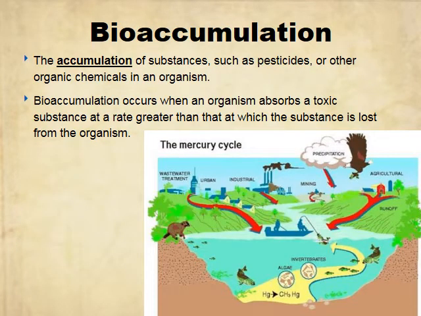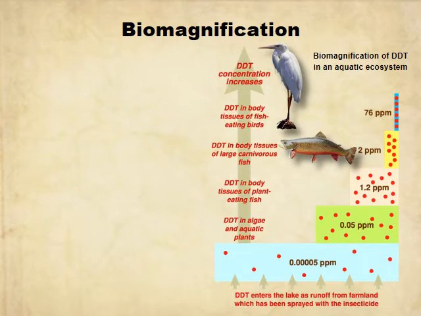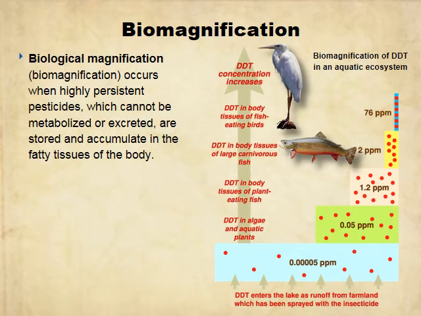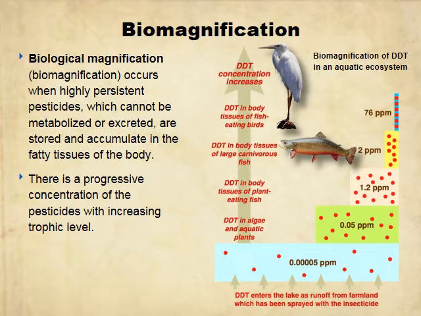And last but not least, we come to bioaccumulation, which is a bit different than biomagnification. Accumulation is basically the accumulation of substances like pesticides or other chemicals in an organism. We accumulate toxins by breathing, eating, putting things on our skin, breathing them in. And then biomagnification is the magnification of these toxins as it goes up a food chain or a food web. So here you have DDT,